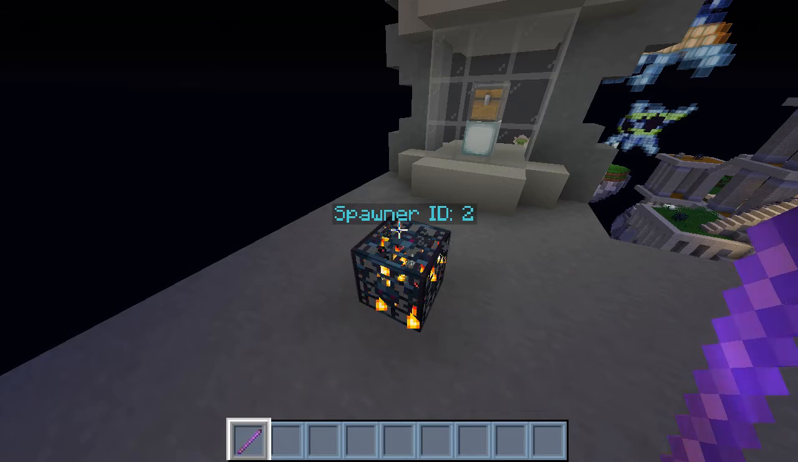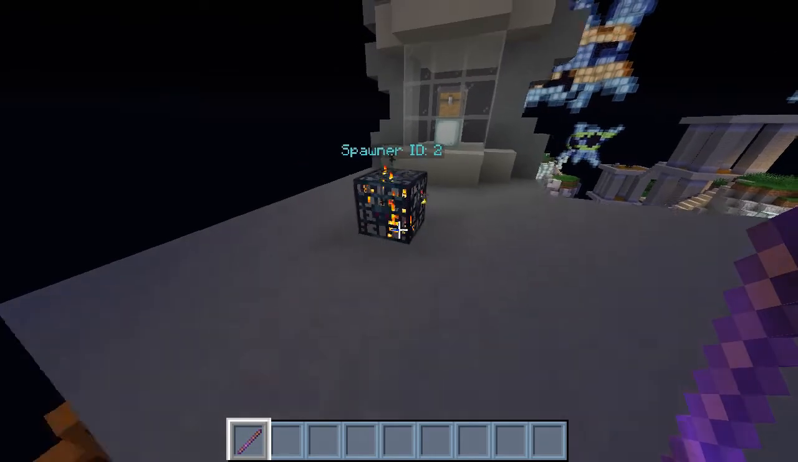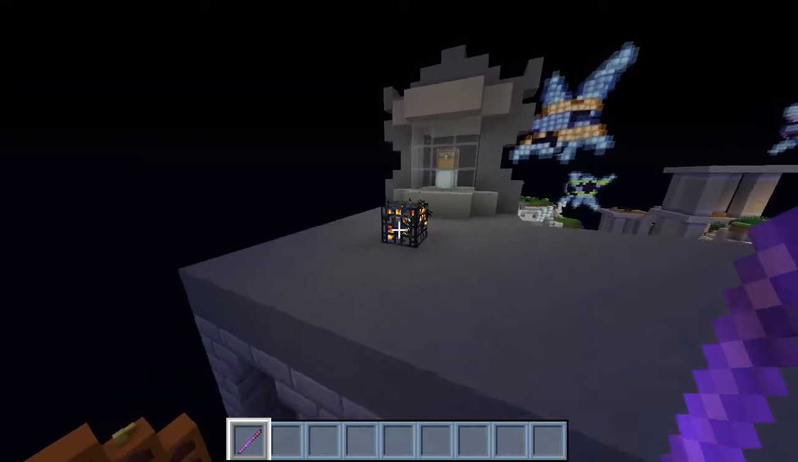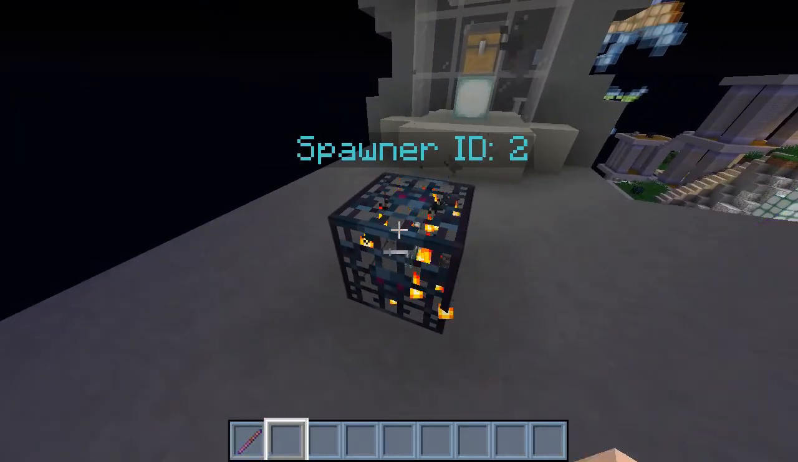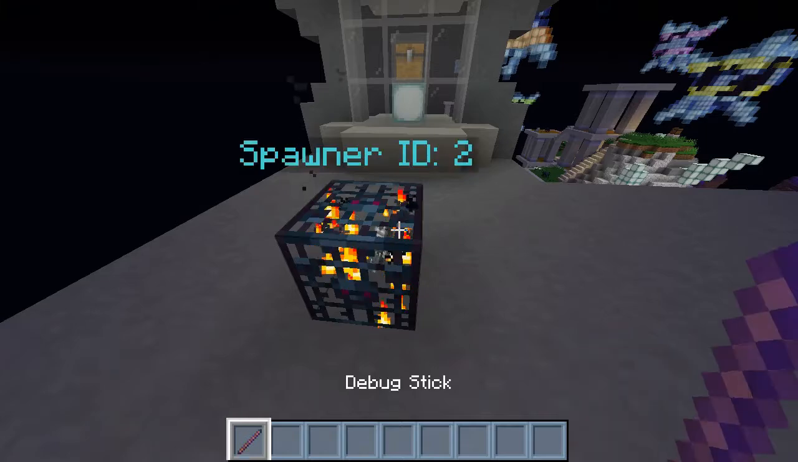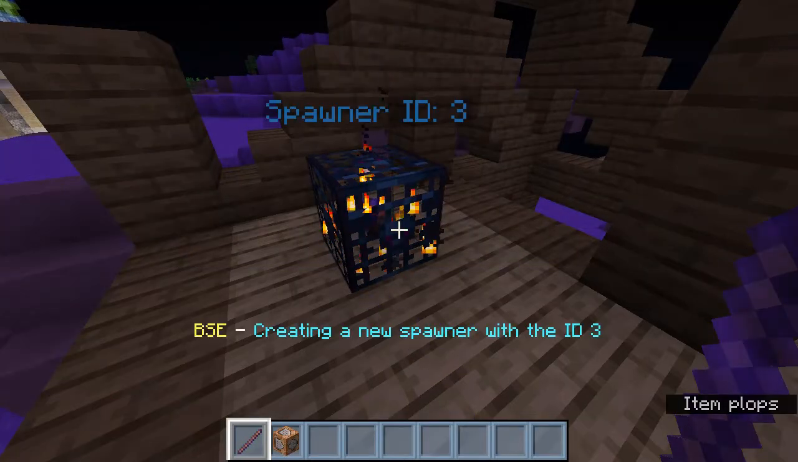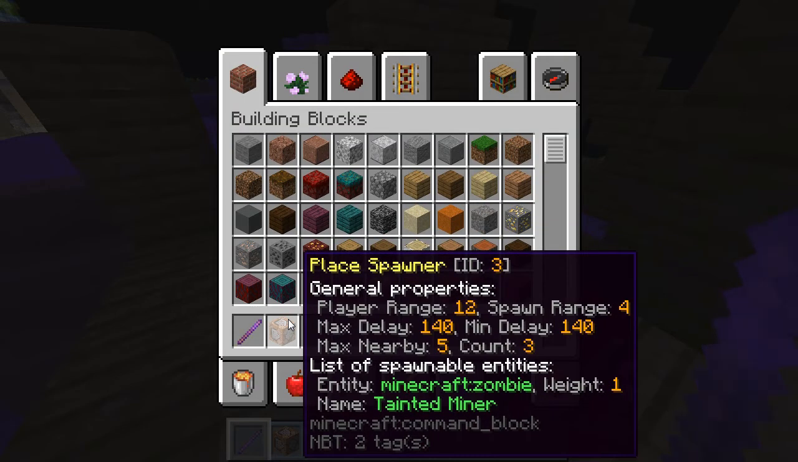If you register a spawner, you'll see a name tag appear above the registered spawner. All registered spawners will have a name tag showing the ID of the spawner if you're holding a debug stick and are within 10 blocks of the spawner. Registering a new spawner with a debug stick will also give you a command block that can place another spawner with that ID. The lore of the command block displays general information about the spawner, including all configuration values and